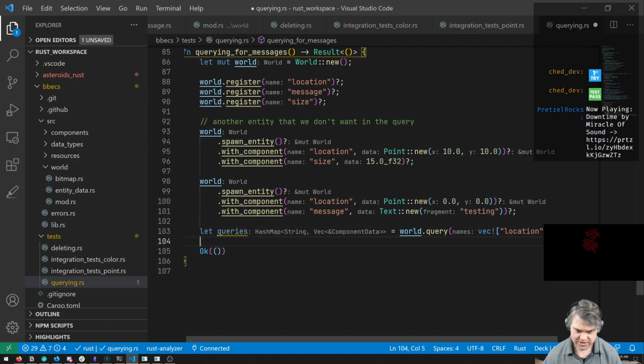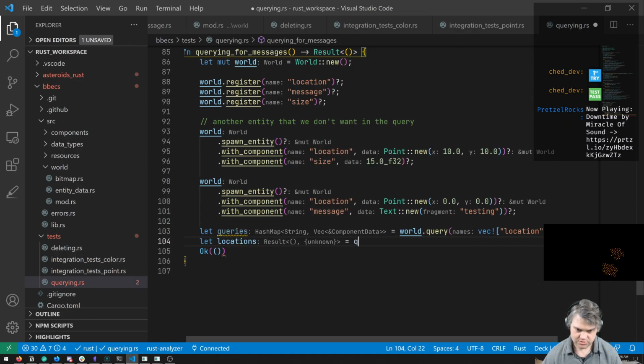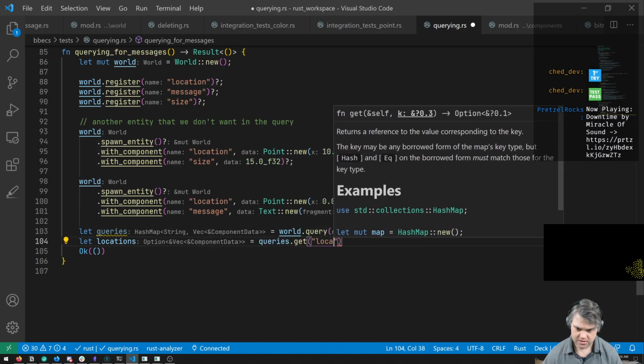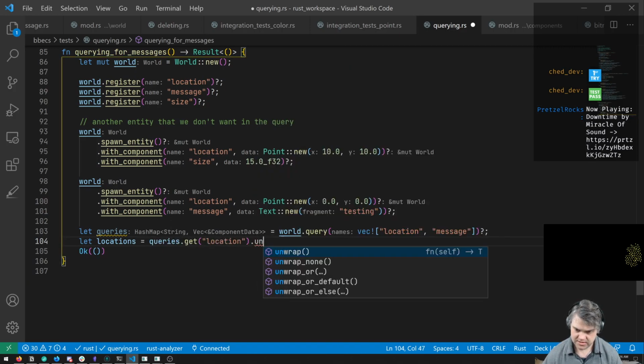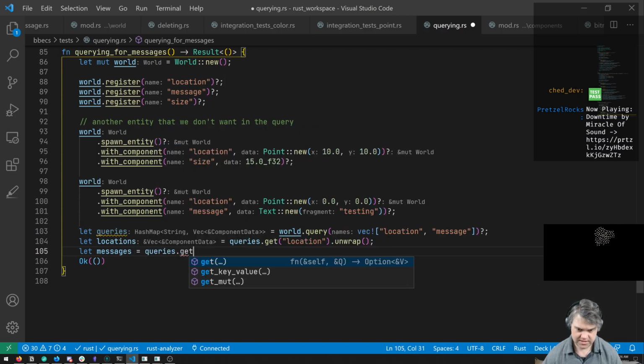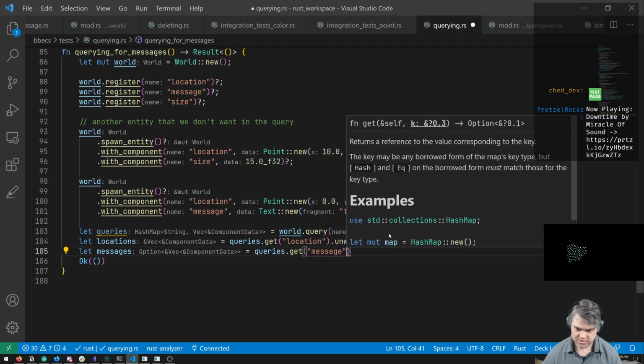We can figure this out. So let's do locations equal to queries get location unwrap, messages equals queries dot get message.